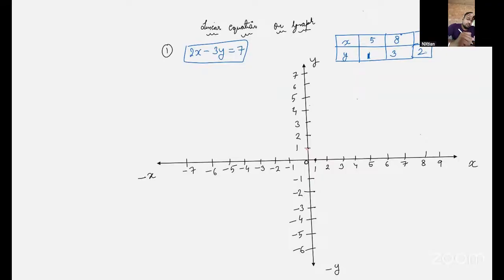18 by 2. How 18 by 2, beta? So you took, it is 7 plus 3y. Just give me a second, beta Abraham. Yes, so it is 7 plus 3y divided by 2. So you took y as 2. 3 twos are 6. 6 plus 7, 13. 13 divided by 2 will be